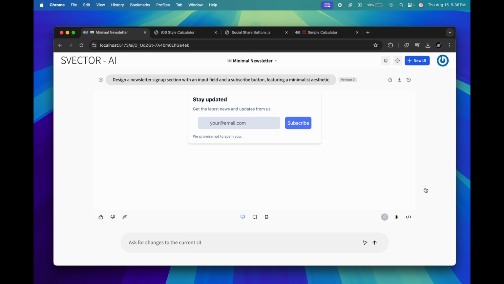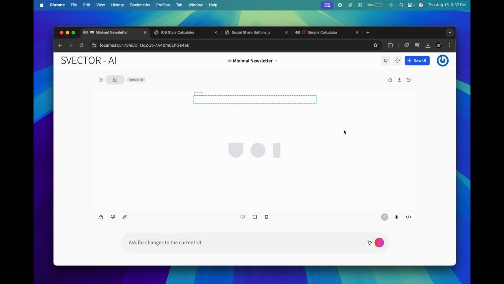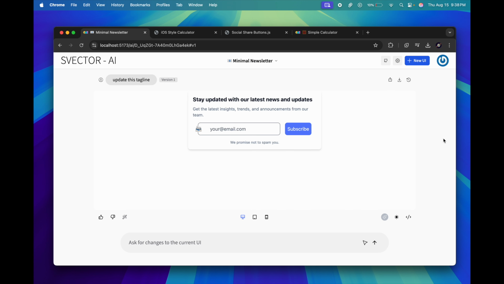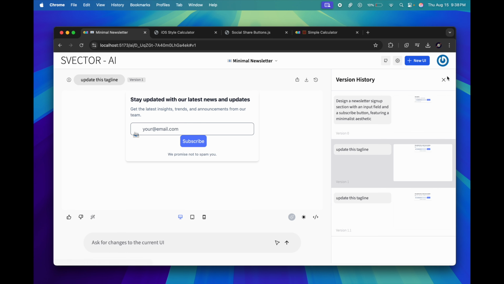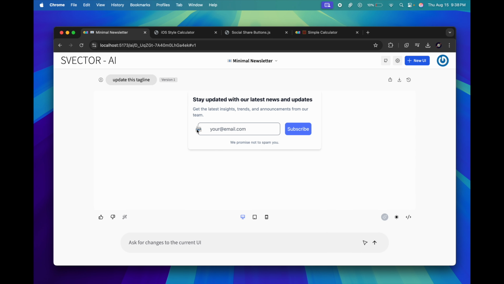Also, now let me show you how you can connect your backend in this demo. You can also directly edit each of the HTML elements by themselves. Let's say I want to improve this tagline from "stay updated" to something else. Just by submitting, it will directly update that specific tagline. It has completed the new tagline, and we can also see it in our history. As you can see, it has improved the tagline from "stay updated" to "stay updated with our latest news